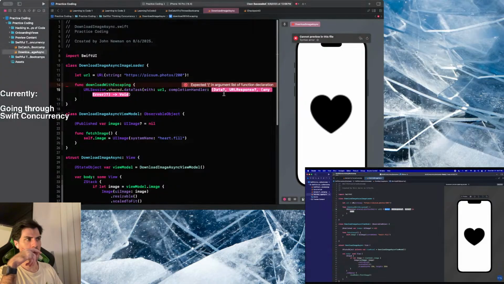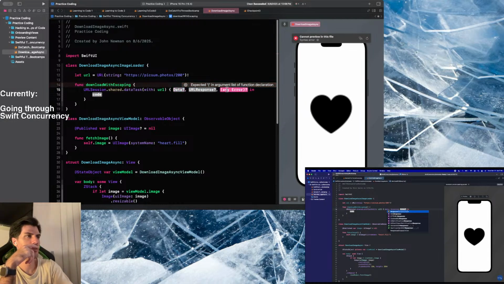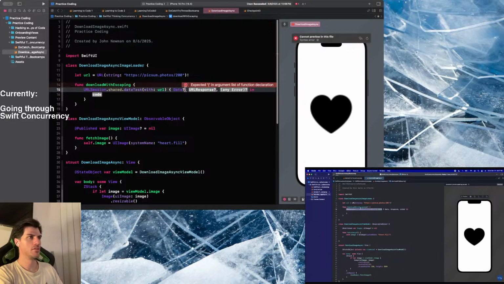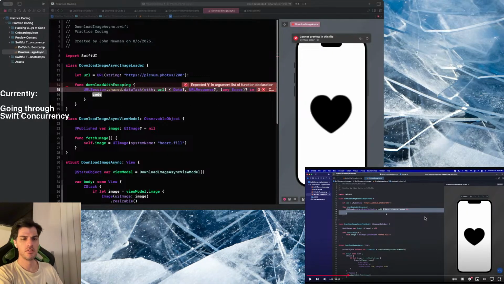So let's click enter here. This will be our returned data, our returned response, our returned error. Just to reiterate to you guys one more time, this line of code executes as soon as we call the function. This block of code executes